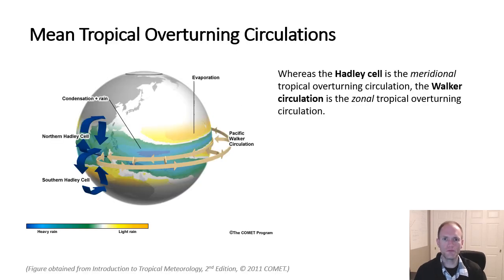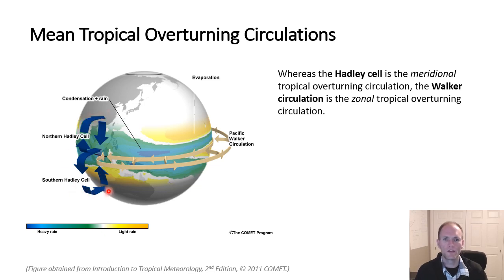So we have two mean tropical overturning circulations. Last week we considered the Hadley cell, which is the meridional tropical overturning circulation. And here we see it depicted in more or less its climatological mean, with ascent centered on the equator and flow away from the equator at upper levels and toward the equator at low levels, with descent in the